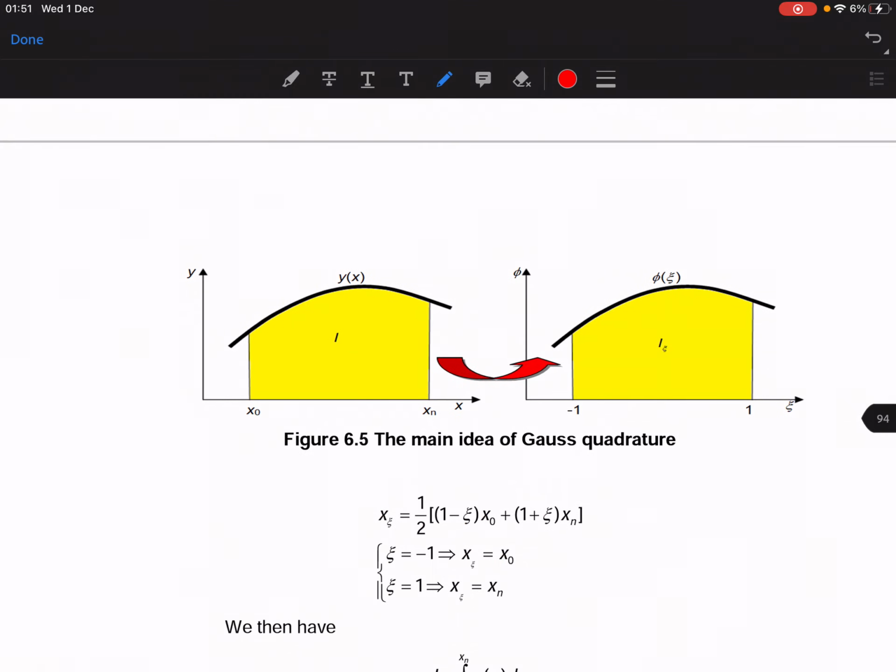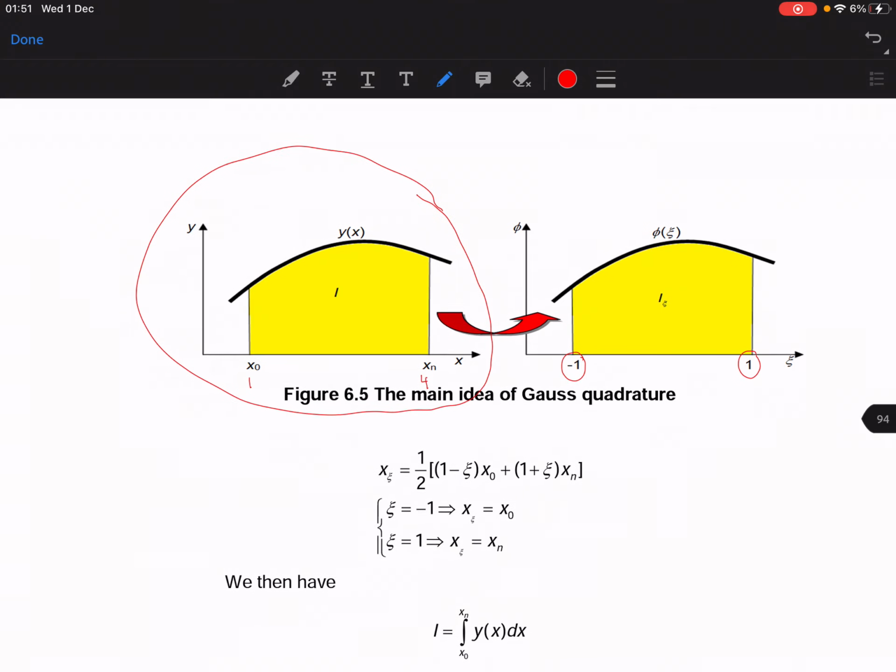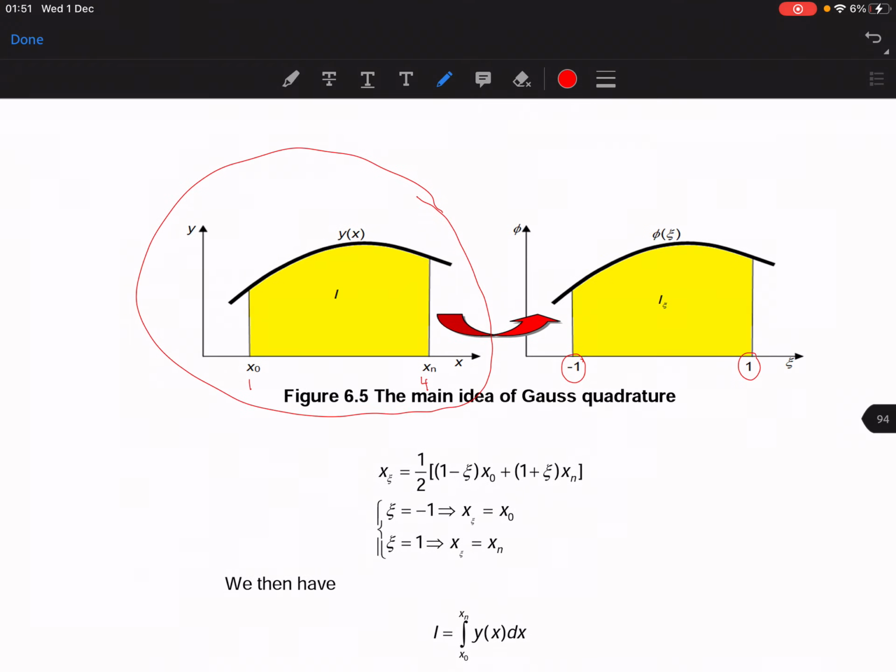So from here, let's say this is the original, just now we use 1, 4. So we're going to change it to -1 and 1. Okay, that is the first basic idea. We're going to change the upper and lower limit from x0, xn to -1 and 1. Which bring us,